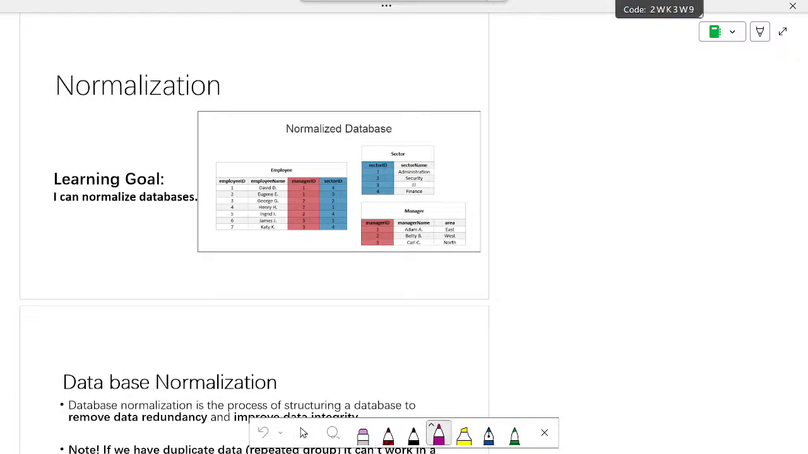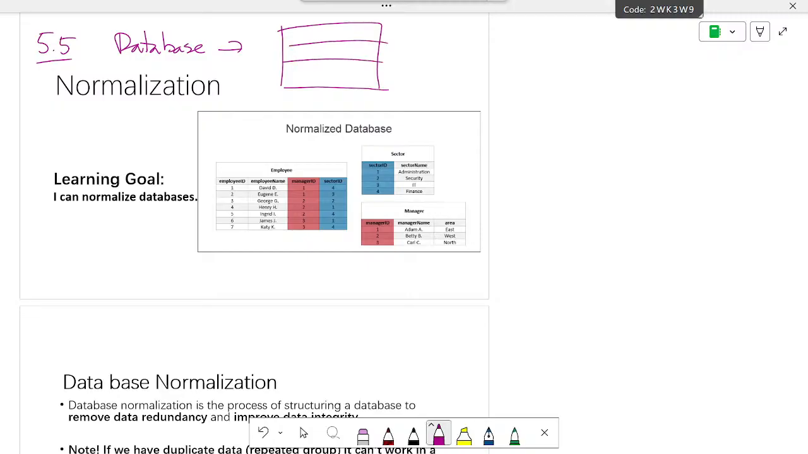This is the last topic for database. What is a database? All the table. Yeah, a database is basically a table with different attributes. The top part are called attributes, and the rows